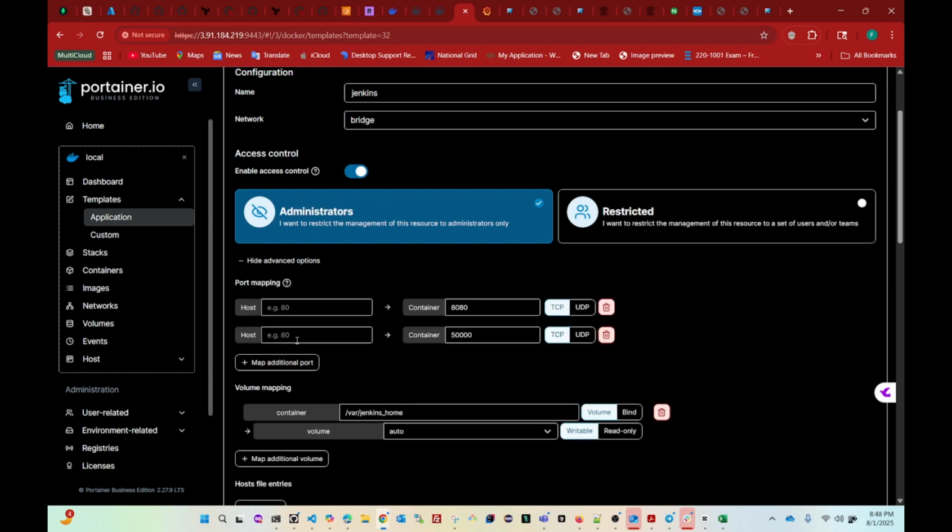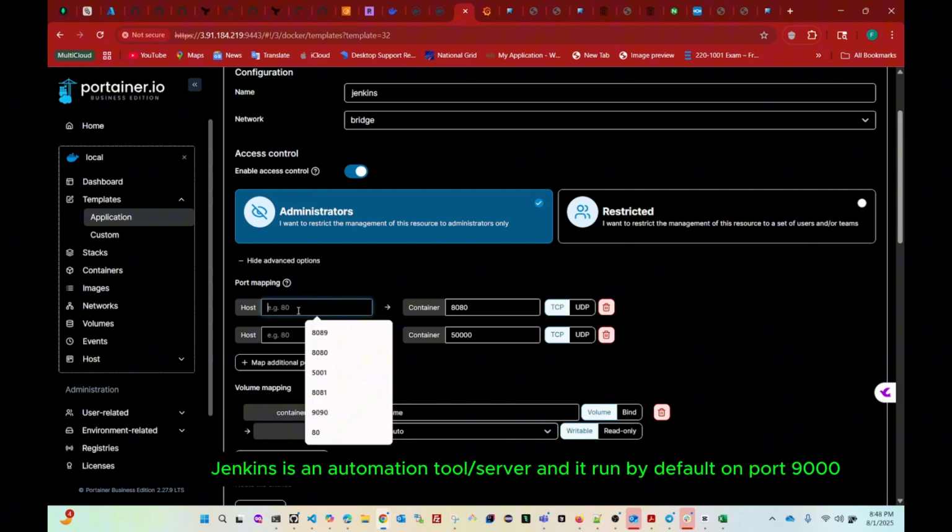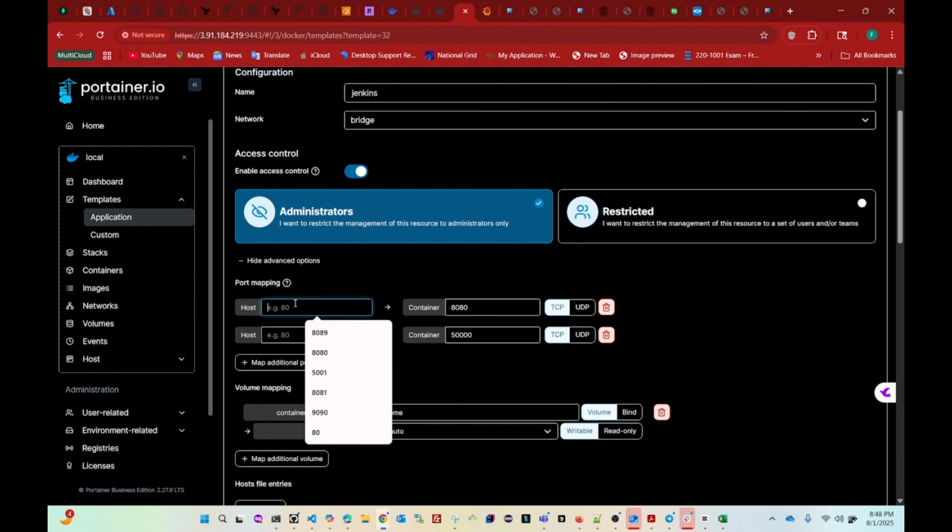And it's giving me the port that it can use. So our Jenkins is running on port 9000. So I'm going to put port 9000. I think Jenkins is running on port 9000, and then sorry, this is 990. I will use port 9000,